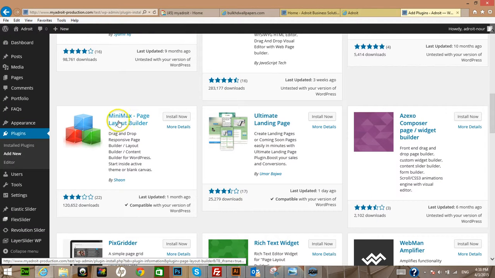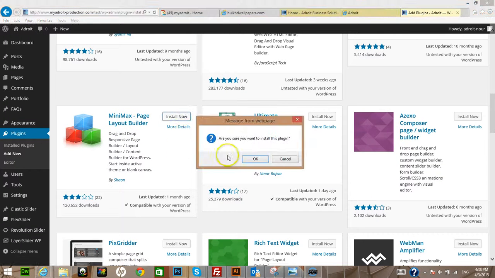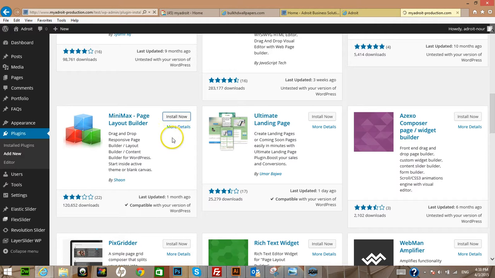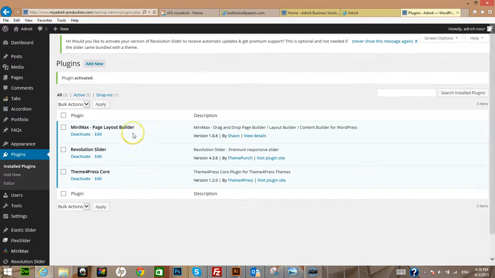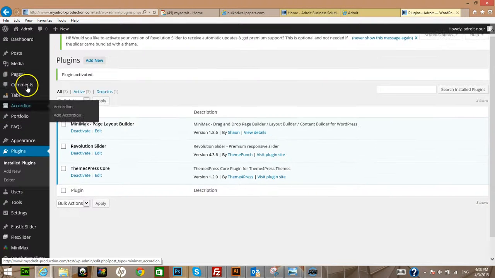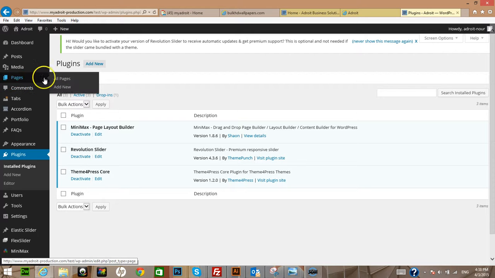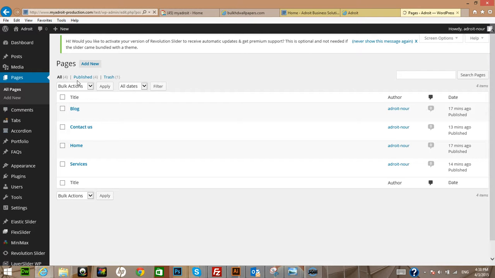Okay, so this Mini Max Page layout builder, install this. There's a whole different type of plugins that you can install similar to this. I'm gonna click on activate plugins. Perfect. I'm gonna go back here to customize my home page. I'm gonna click on home,